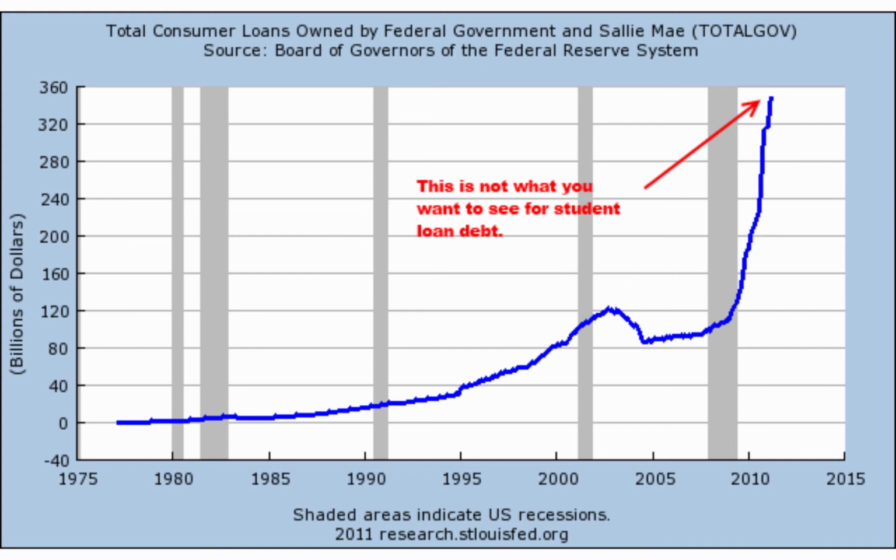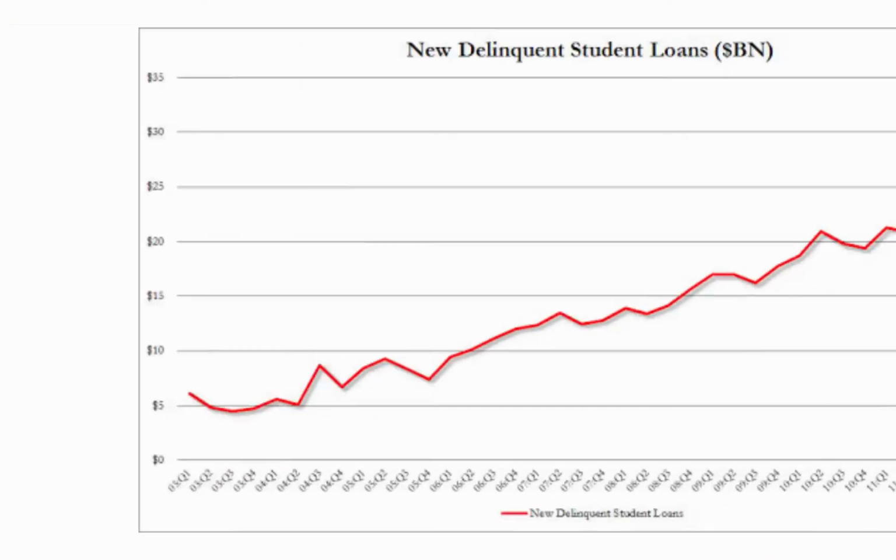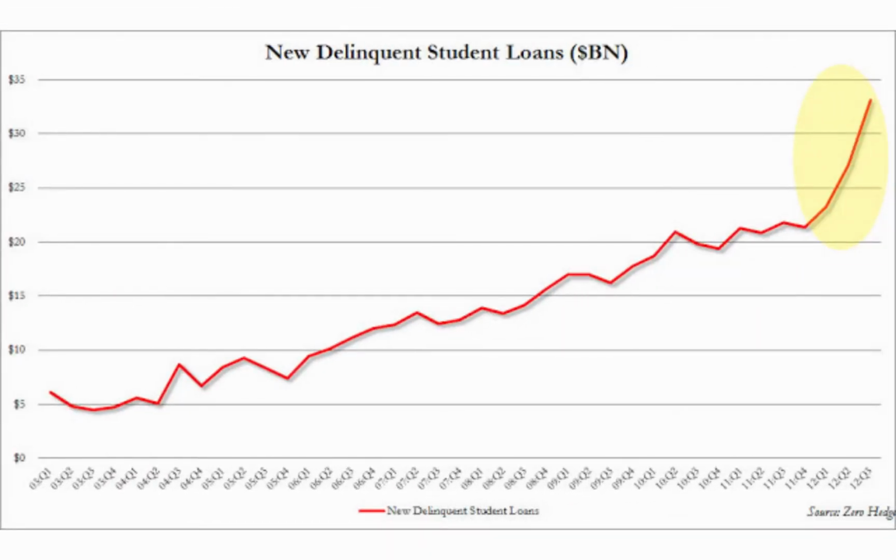And I couldn't find a more current one, and I apologize for that, but this gets us to 2012. This is what we see. So we see a 300% increase in student tuition cost. And when students can't pay for that, they borrow the money. And they borrow the money thinking their new job will help them pay that back when they graduate. And that's not happening. Here's what's happening.